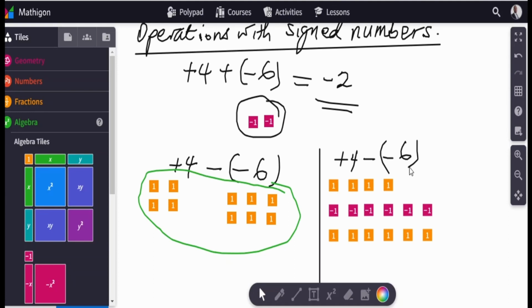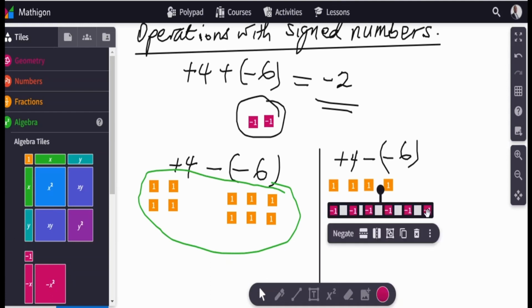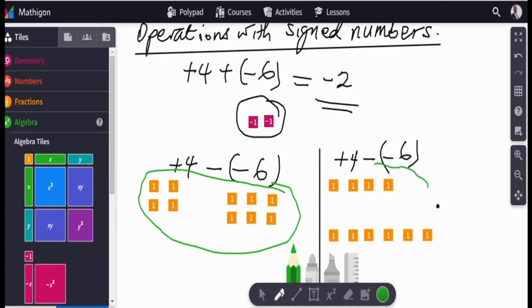But then because we don't have the 6 negative tiles here, we need to introduce a 0 pair, which is obtained by bringing 6 negative tiles and then 6 positive tiles. That will cancel out to give us 0. Then now we can go ahead and subtract 6 negative tiles from here, and we'll be left with 10 tiles. So our answer for both of them is 10,